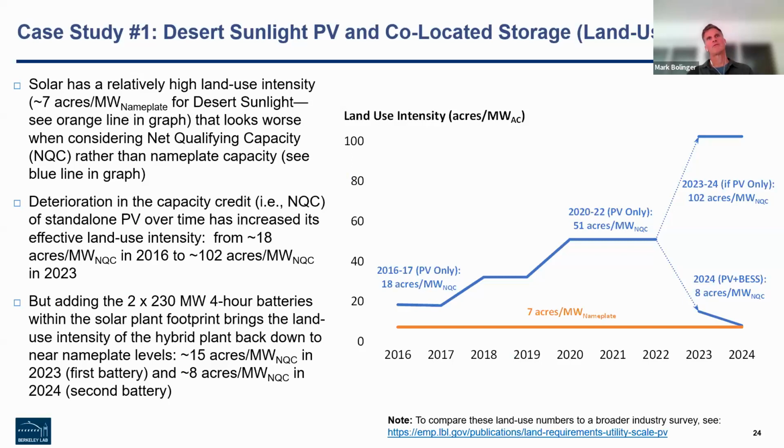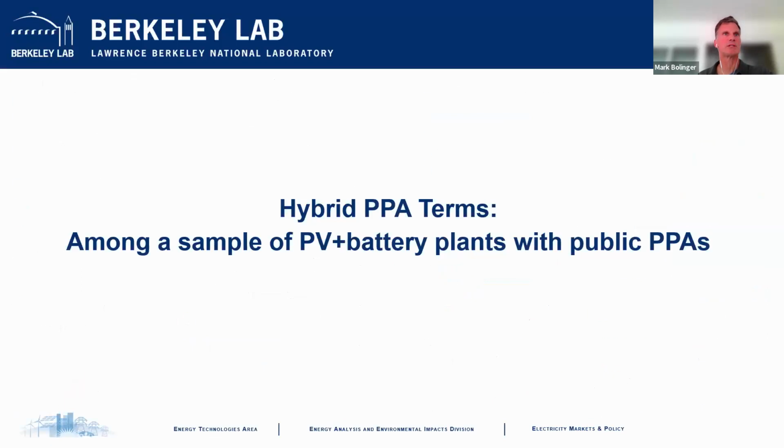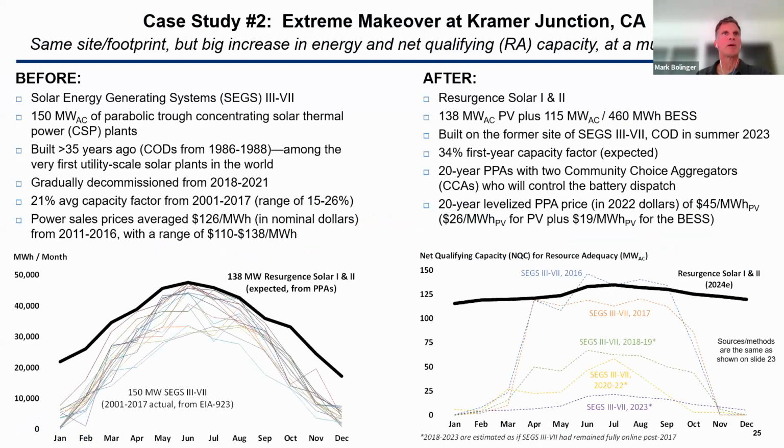We also, for this same plant, took a look at the impact of the battery on effective land use intensity from a resource adequacy perspective. But in the interest of time, I think I'm going to skip over this one, and we can potentially come back to it during Q&A if there's interest. But I wanted to make sure we had a little bit of time for the second case study,